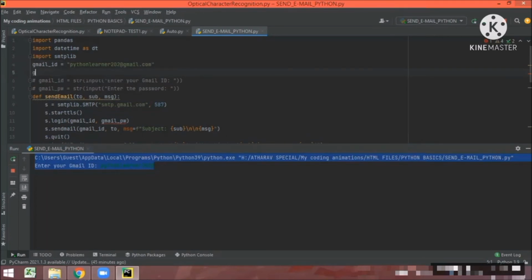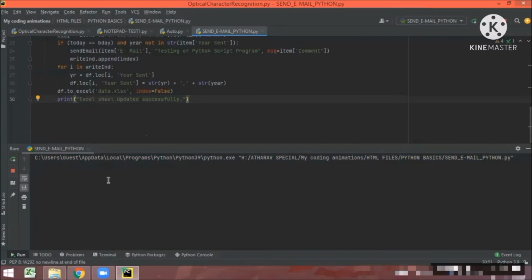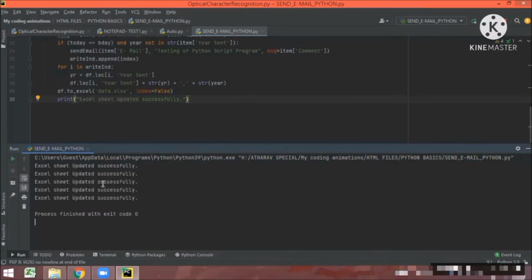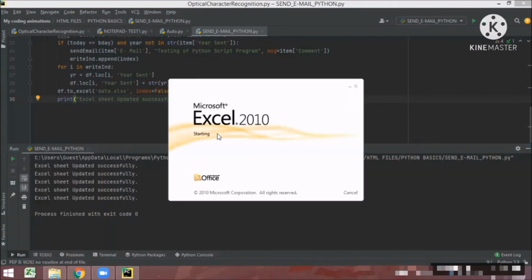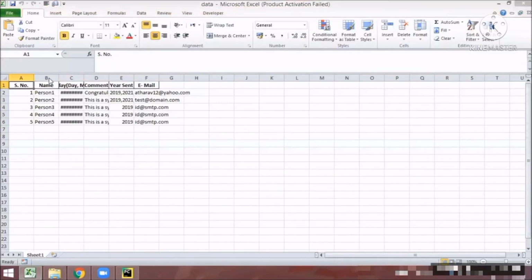And then Gmail password, and that is the password. So here goes the password. And now if I run it again, it should work properly, giving all the entries right. So Excel sheet, okay. It updated the Excel sheet, but why hasn't it sent the mail? Okay, you can see,